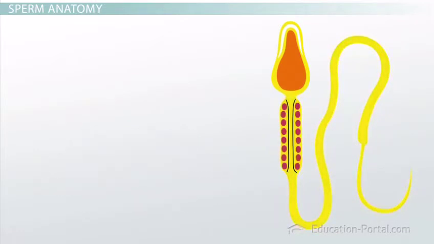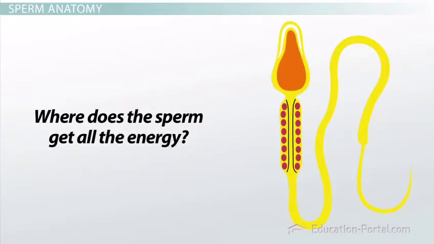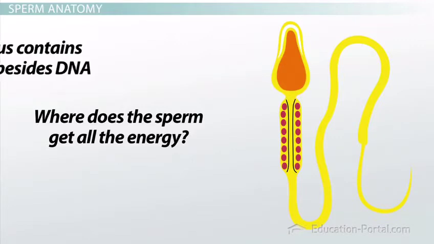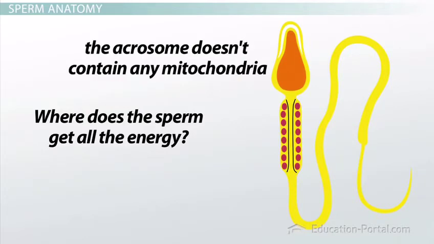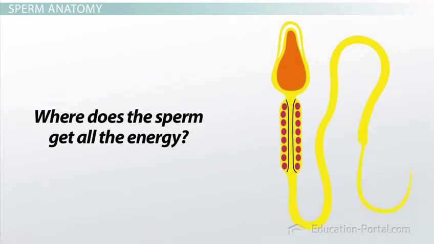Now you may be wondering where the sperm cell gets the energy to whip a long flagellum back and forth so vigorously. After all, the nucleus contains very little besides DNA, and the acrosome doesn't contain any mitochondria to provide energy. That just leaves the flagellum itself. Sure enough, a portion of the flagellum right here is surrounded by mitochondria that provide the ATP that powers the